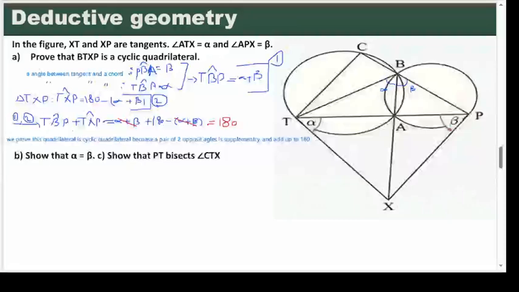I will go for part B. For part B, it says show that alpha equals beta. To show that alpha equals beta, I use the rule of cyclic quadrilateral. It says if two angles subtended to one side of a cyclic quadrilateral, so these two angles from the opposite vertex are equal. So I will write it